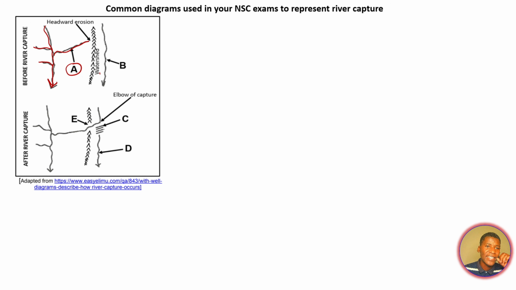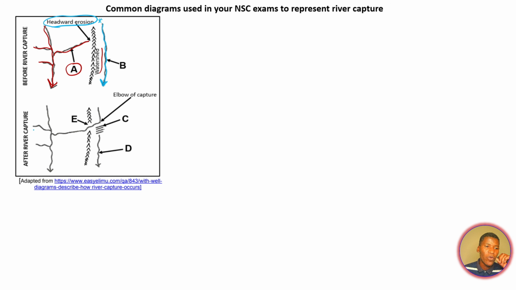And then here is the watershed. Remember, the watershed is the high-lying ground that is separating two rivers. So we expect to see another river on the other side. In this case, this is stream B. This is our other river. So we've got two streams or two rivers. But we can see that A is actually extending into the watershed. Here is the headward erosion. Once you see headward erosion, you already know that here the capturing stream is trying to erode through the watershed and steal the water of the captured stream.